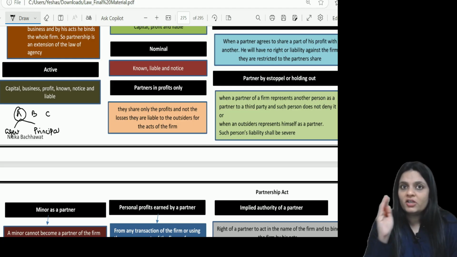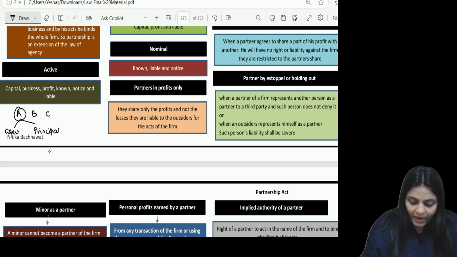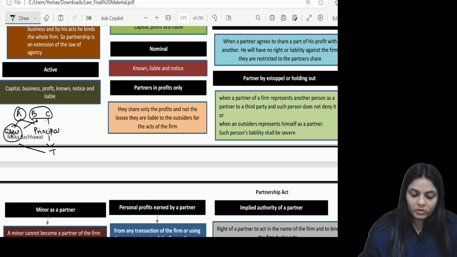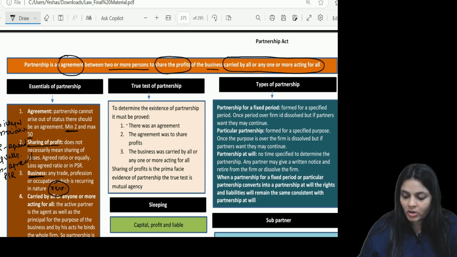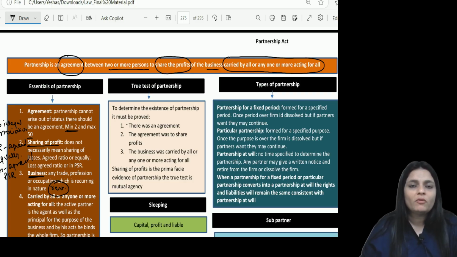Now, why do we call him the agent, and why do we call him the principal? Let's say he is dealing with T on behalf of his other partners. He is their agent. But when he is dealing with T on behalf of the firm, he is the firm. So he is both the agent as well as the principal. So whenever you get a question on implied authority of the partner, or any contract which is made by the partner in the name of the firm, and the question is whether the partner is liable...